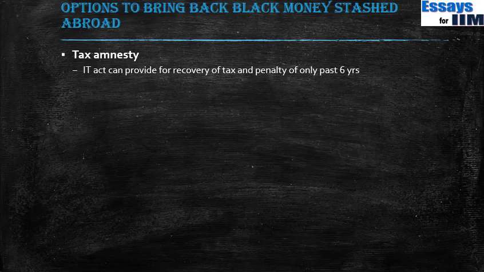But a tax amnesty scheme can come. They have come in the past also. There are obviously positives and negatives to it. One obvious negative is that once these kind of schemes start coming, it is actually giving an incentive to people to create black money and to cheat, because they will always feel that later there will be a tax amnesty scheme wherein they will be able to go scot-free and declare all their black money, and hence they do not have any incentive of paying the taxes and behaving in a proper manner. That is a problem with tax amnesty.